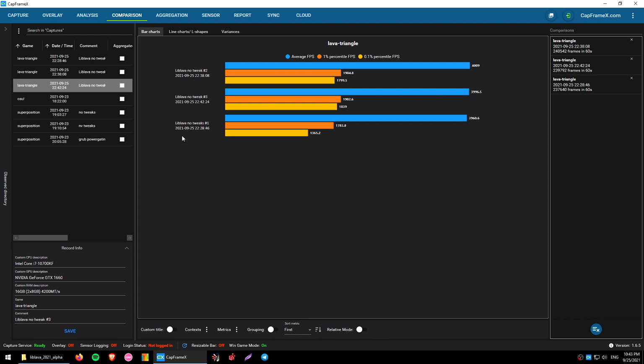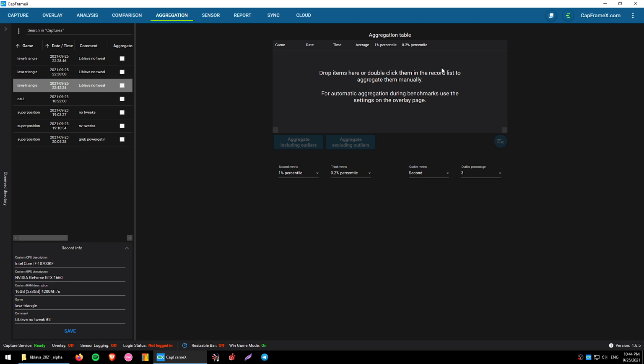So here we have basically 3 runs of Liblava. This run is worse, of course, because I was capturing it on OBS, so that's why this is so much different, like 500 FPS on 0.1%, but still, right? To actually make sure that your tweak is good and it's not placebo, and it's not just benchmark variance, you would want to use such a thing as aggregation, right? How it works, it basically compiles your 3 benchmarks, 4 benchmarks, 5 benchmarks, whatever you want, 2 benchmarks, into a single